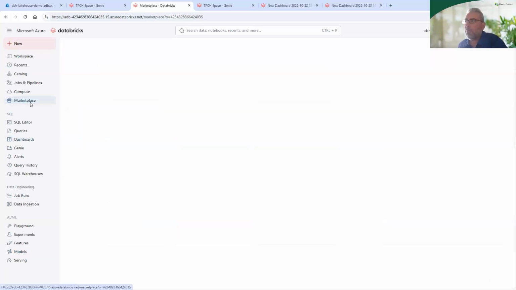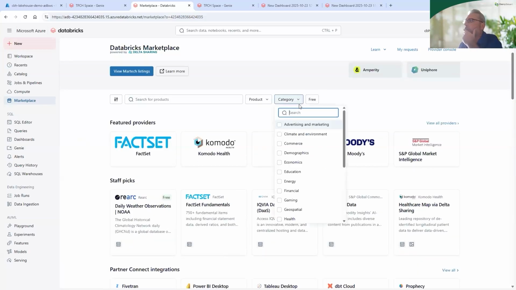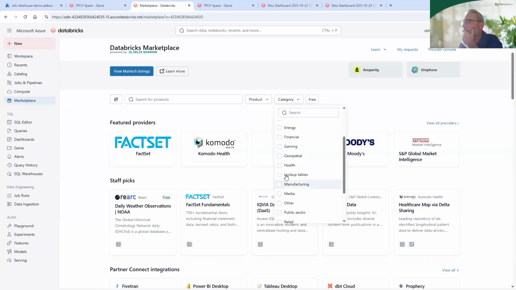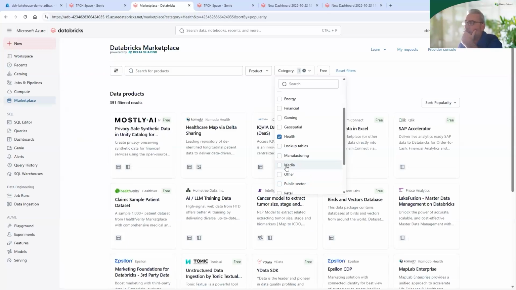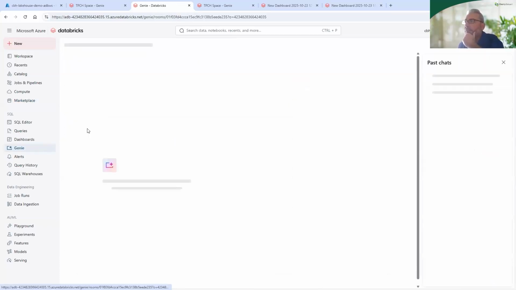Some other aspects that I want to demonstrate here are publicly available data sets. You've got several different categories of publicly available data that you can bring in. Some of these are paid, some of these are free. But that being said, you can augment your enterprise data with several publicly available data sets, all in this single platform here. So with that, I'm just going to jump back into this